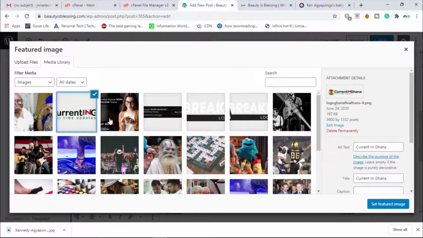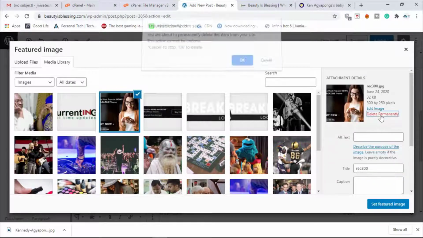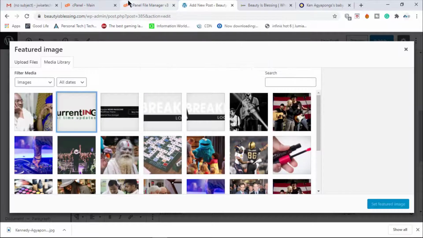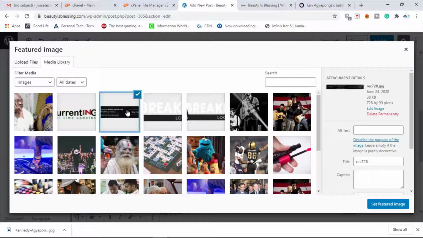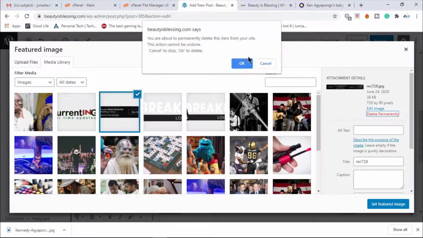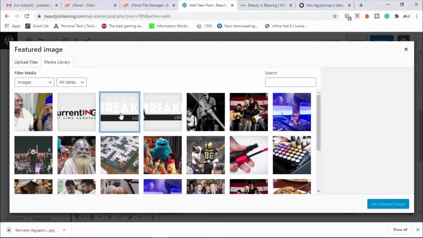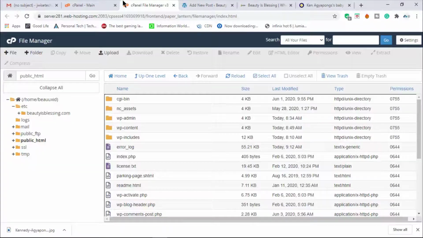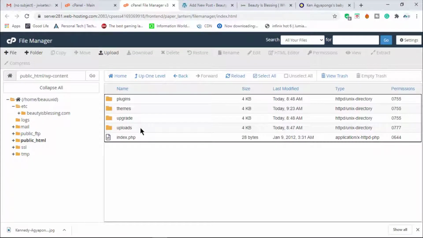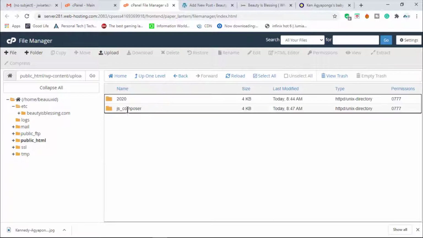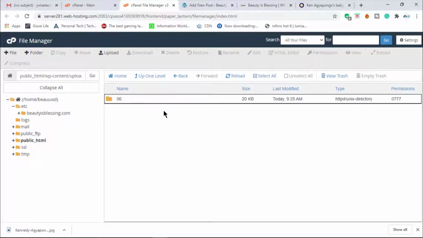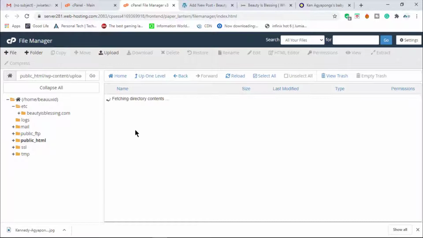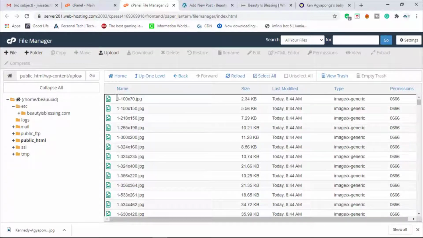You can click on this post, delete permanently one by one, but that one I think it's boring. This is very boring to do. You can do it one by one, but I prefer using this method. Uploads, 2020, the month of June. All right, so